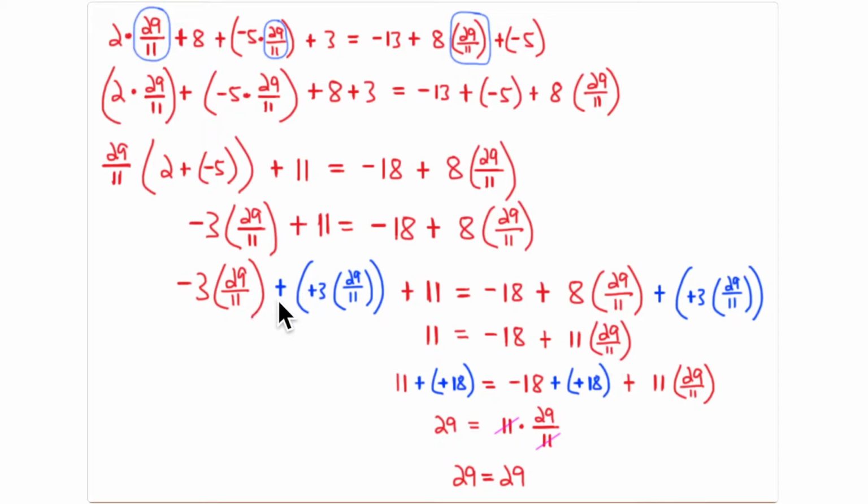You had a negative 3b plus a positive 3b, and 8b plus a positive 3b is equal to 11b, or 11 times 29/11ths. So 11 is equal to negative 18 plus 11 times 29/11ths. So this becomes 29. 11 of these 29/11ths